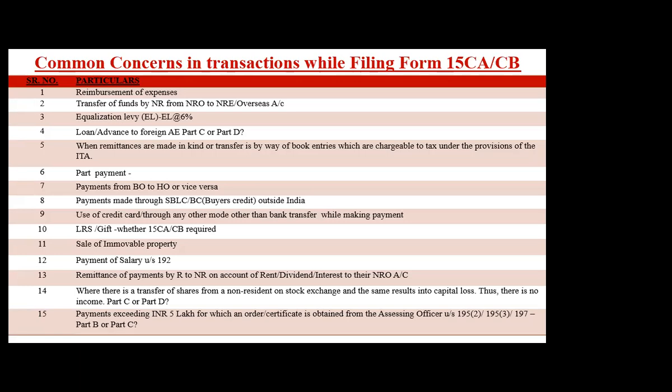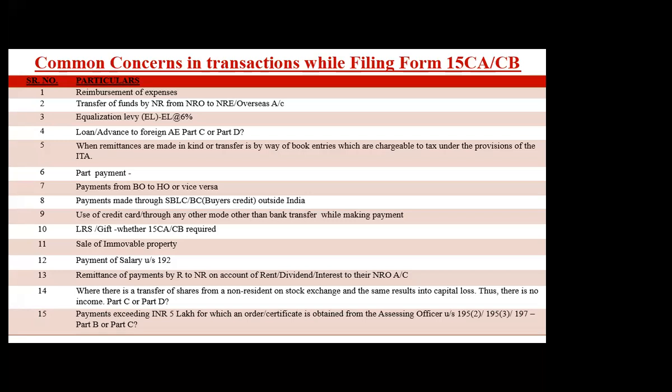Payment from branch office to head office. Of course, if there is a foreign company having an Indian branch, then it's a 195(1) transaction. A foreign company having a branch in India means it's equivalent to a foreign branch, so 15 CBCA will be applicable. But if an Indian company has a foreign branch, then 15 CBCA might not have to be issued because it's a resident to resident.